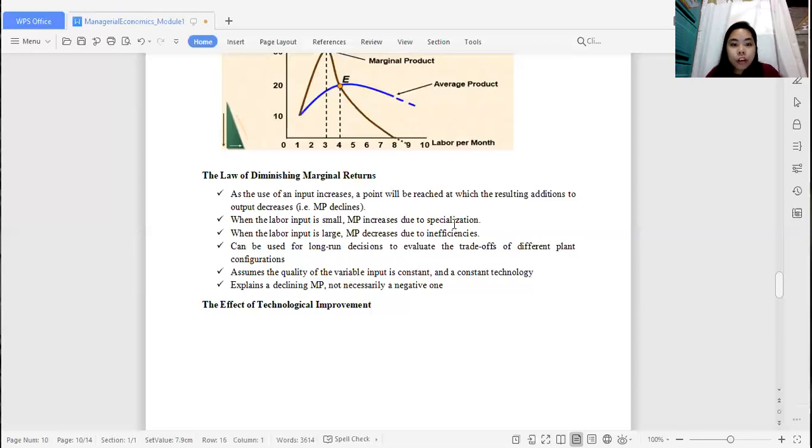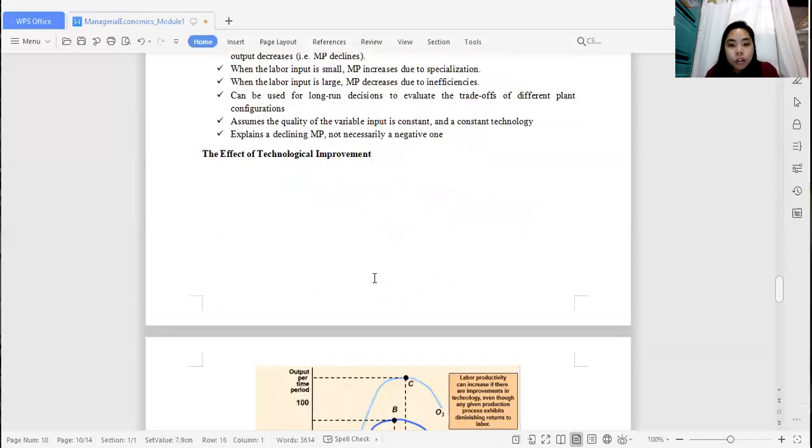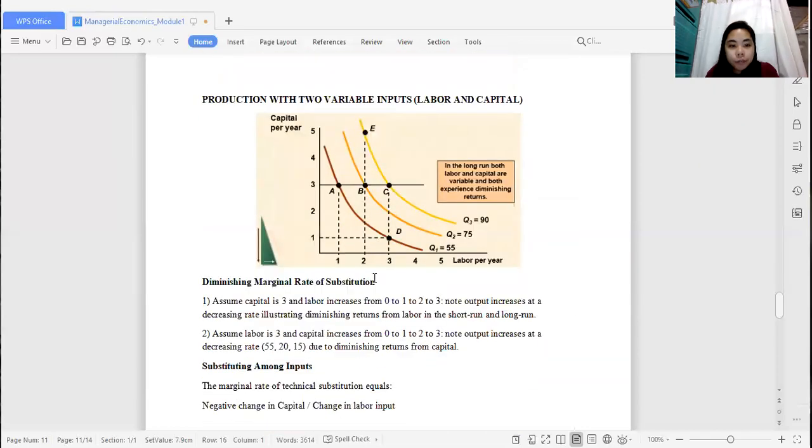So it can be used for long run decisions to evaluate trade-offs of different plant configurations. So it assumes the quality of the variable input is constant in a constant technology and explains a declining marginal product and not necessarily a negative one. So we have here another